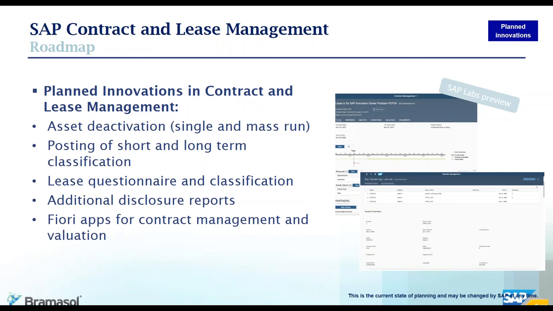As you make a modification to the lease, you would then complete the questionnaire again. You would store the values related to those questions and then make a proposal on whether it's a finance lease, operating lease, or whether it should be included in the IFRS valuation. So that is a big piece of work that's expected to come out fourth quarter this year. Obviously, there are still more disclosure reports to be delivered, and we're building these, and they're within our co-innovation customers now, and we'll continue to roll those out through OSS notes.